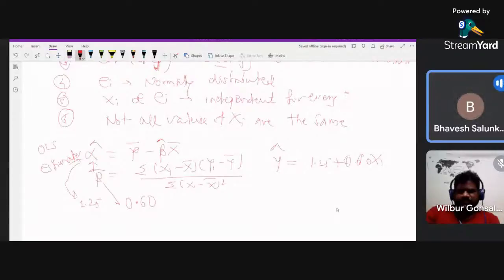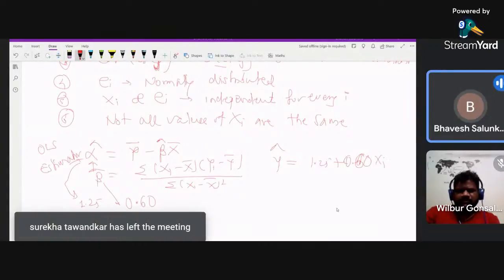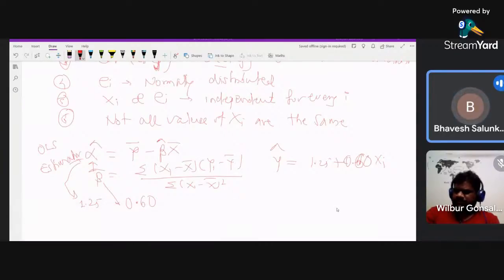So for every additional increase in level of income by say 1 rupee, consumption expenditure actually increases by 0.6 paise from our estimated model. So in this model we get the estimates for alpha hat and beta hat using the OLS estimator by assuming that all these assumptions are satisfied. If all these assumptions are satisfied, we say that the OLS estimator of alpha hat and beta hat, given by these 2 formulas,